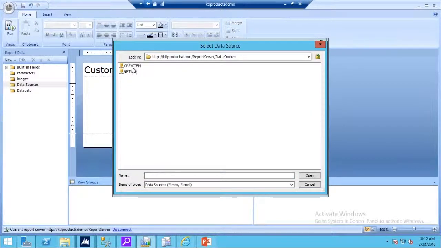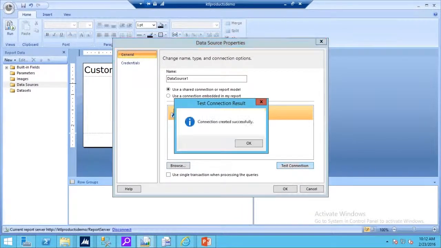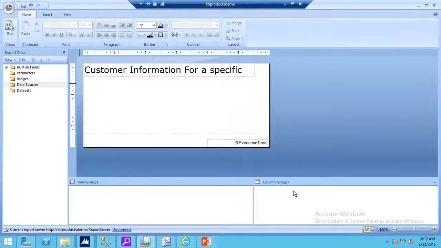If I pick the data source, I can pick one of these that's already out there, and you can test the connection and say okay. Now that we have the data source, we have a connection to the SQL server. The next thing is to get a data set. A data set is the information that we want to display in the report. So I'm going to create a new data set,